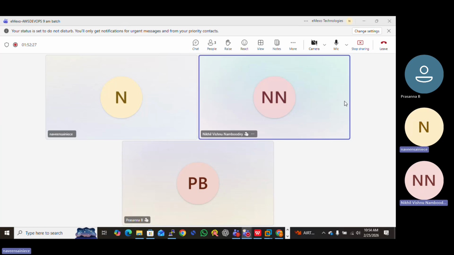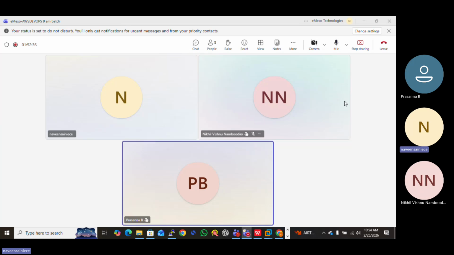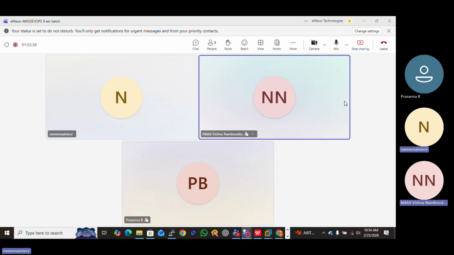So for Git, what other software will I need to install apart from VMware? Here you installed Git. Git and VMware, these two tools we will run on our Windows machine.